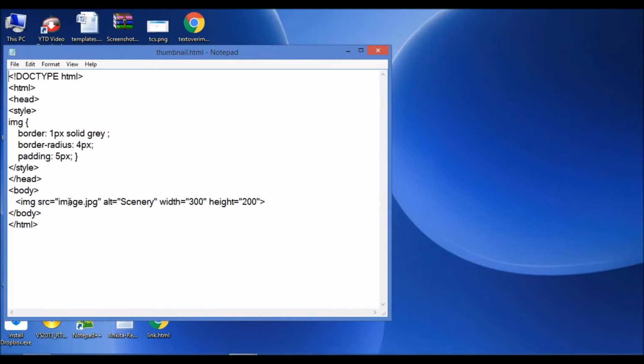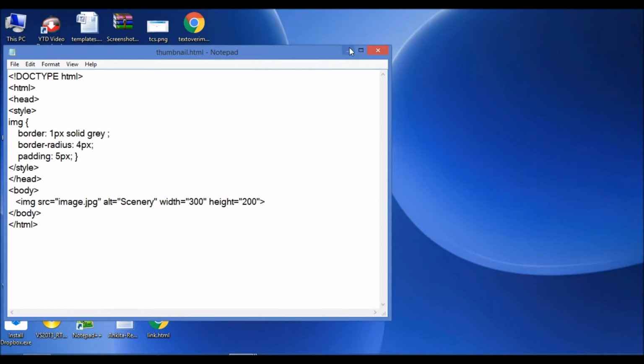We have used this image and I have defined a border, then border radius, and given a padding. Border radius rounds the corners of the border, and this is the padding, 5 pixels, and I have taken the border as 1 pixel solid gray.